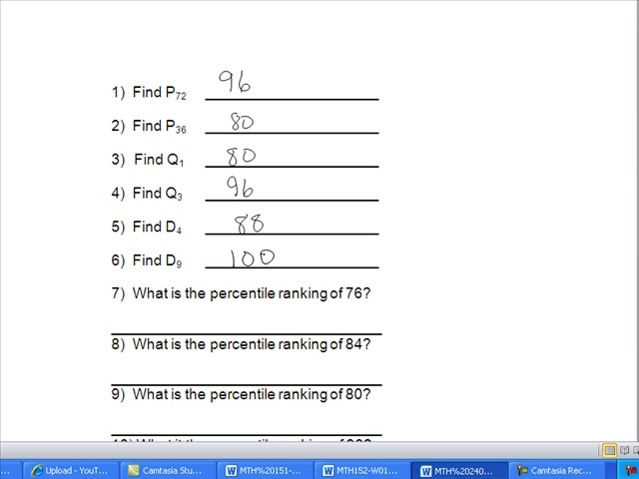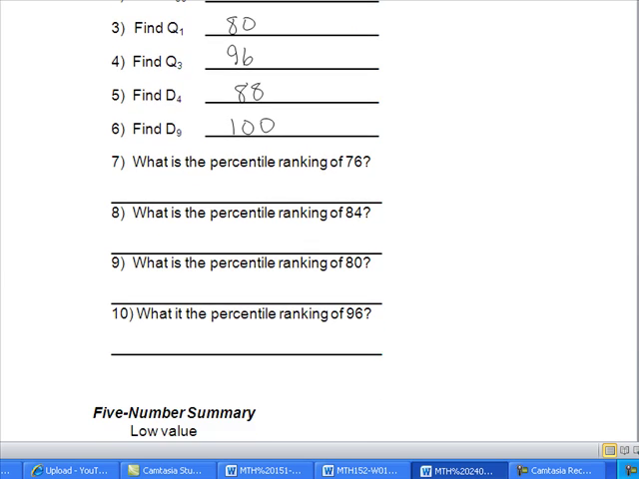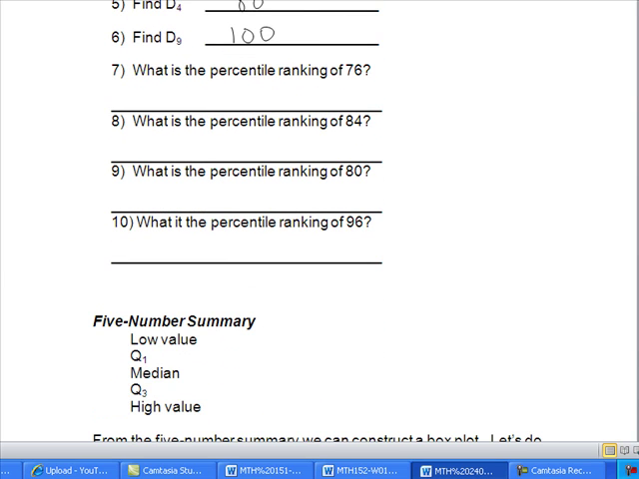Now we're trying to figure out the percentile ranking of the number 76. And let me erase my